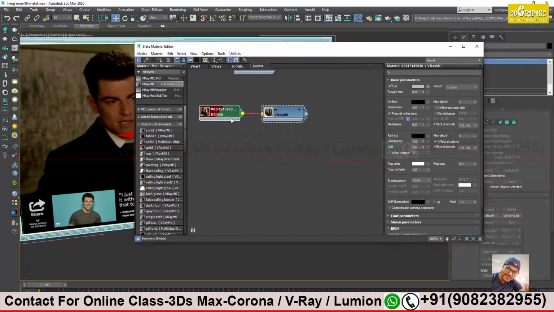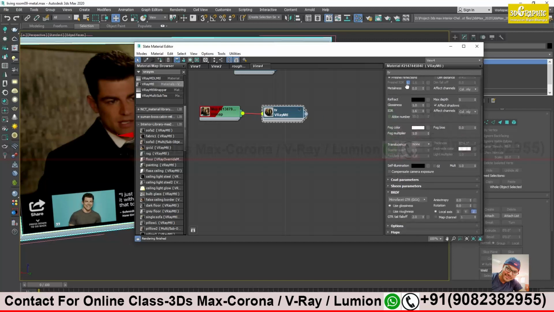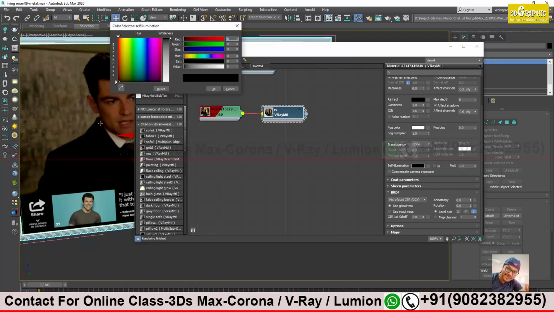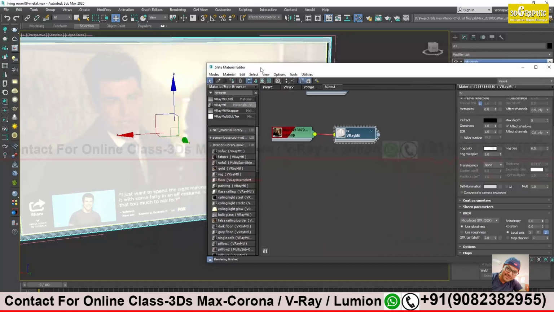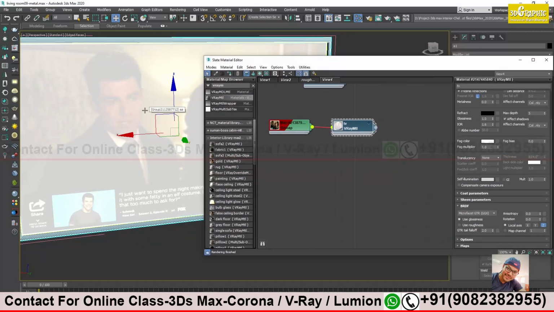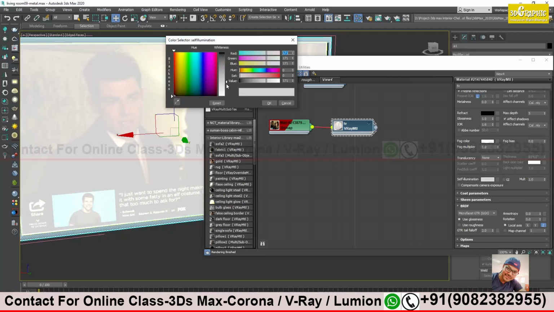Now to give a glow effect, just double click on the main material, and down you will see there is an option called self illumination. Here, the first thing, either black, this is for if there is any color object. If this is not a texture but just a color, I can increase this, and you see it's increased. The color that you choose over here, it will increase by that color. But right now I have a texture, so I will not choose this one. I will make it default black.